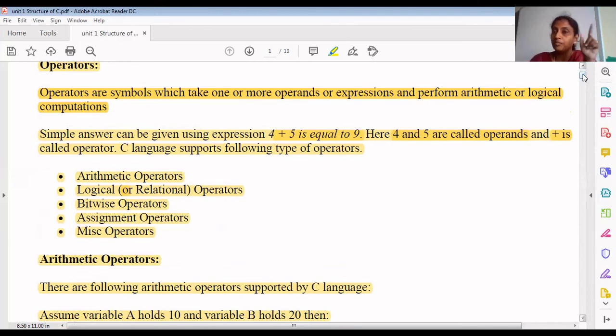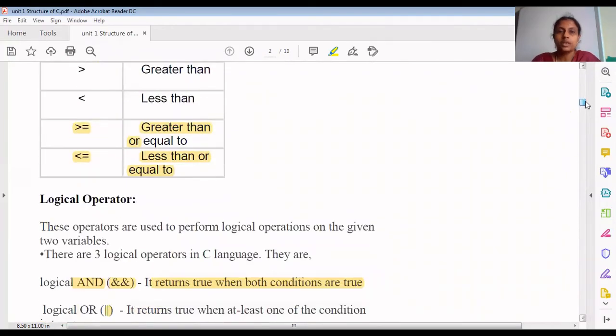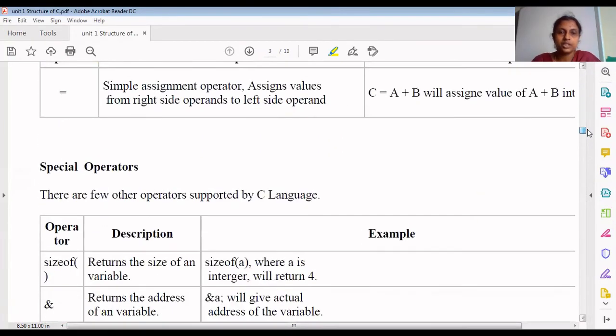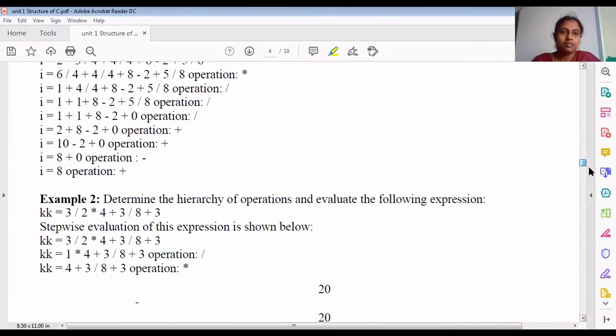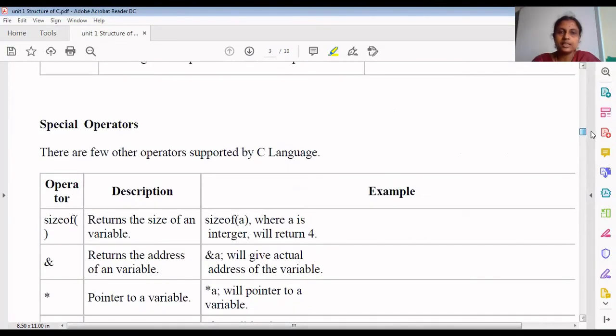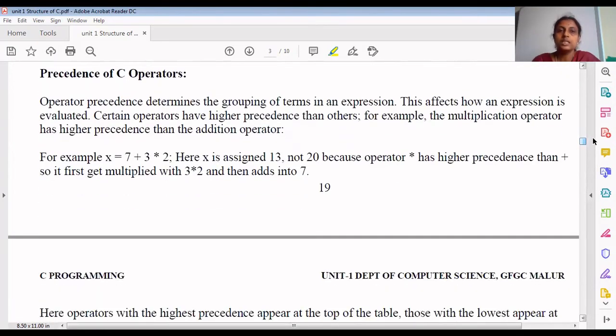In that video itself, I have given the notes for conditional operator. I want you people to write the notes and keep them for conditional operator. And then here we will just see this chart and then we will move on.